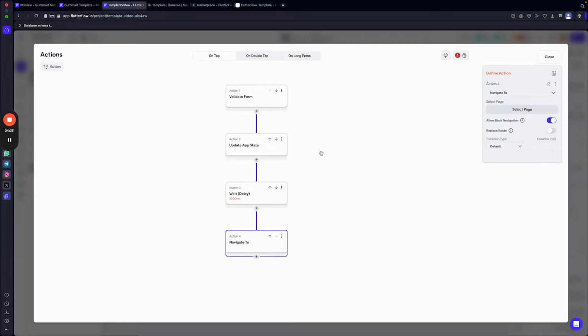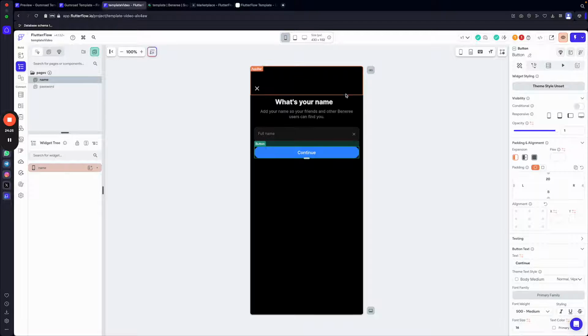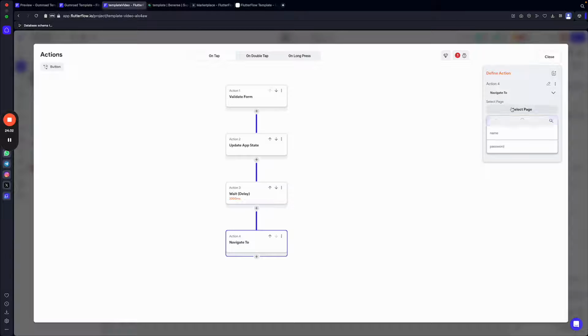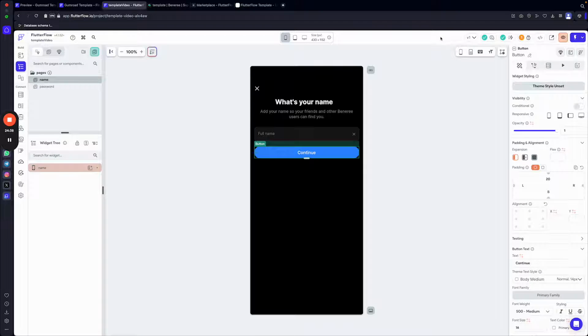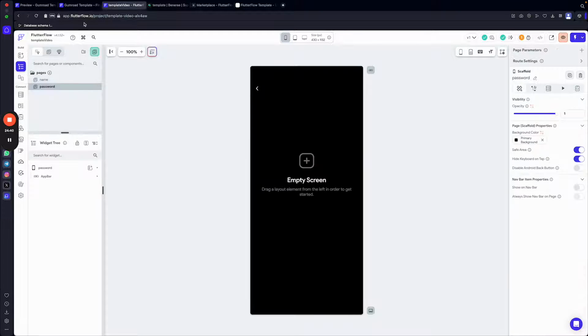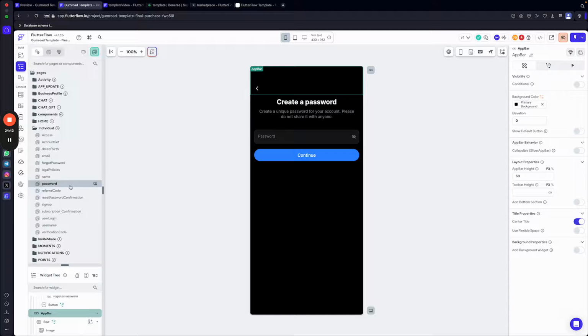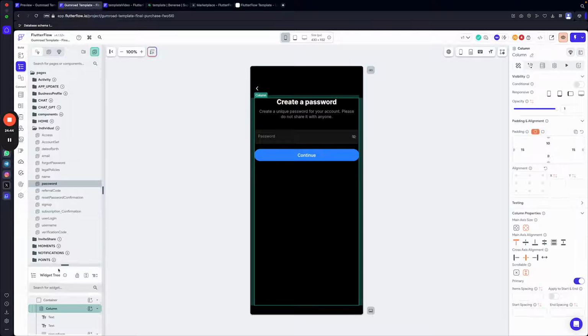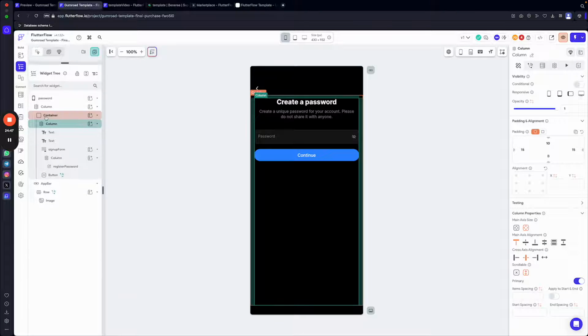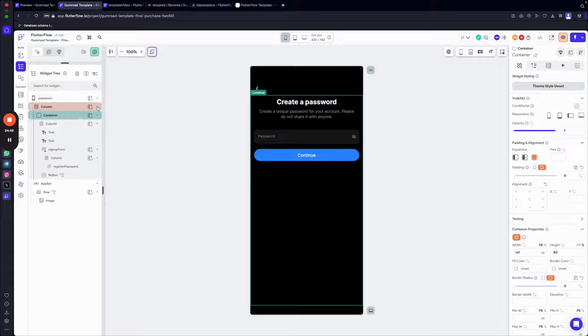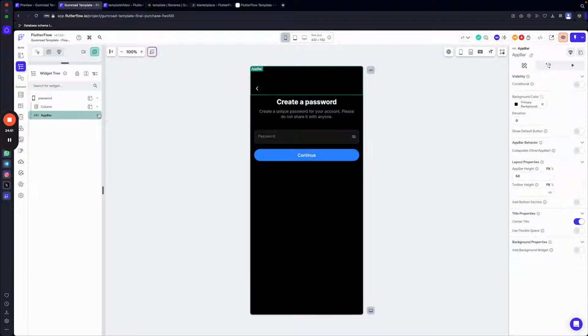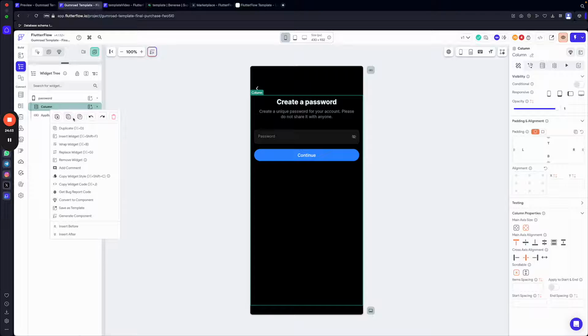Okay, no, this is the same. So we're gonna connect this. Navigation will be going to password, allow back navigation, default, and that's it. Now go to password, go to template, and again we are going to copy all of it. So that's the next step. We're gonna copy